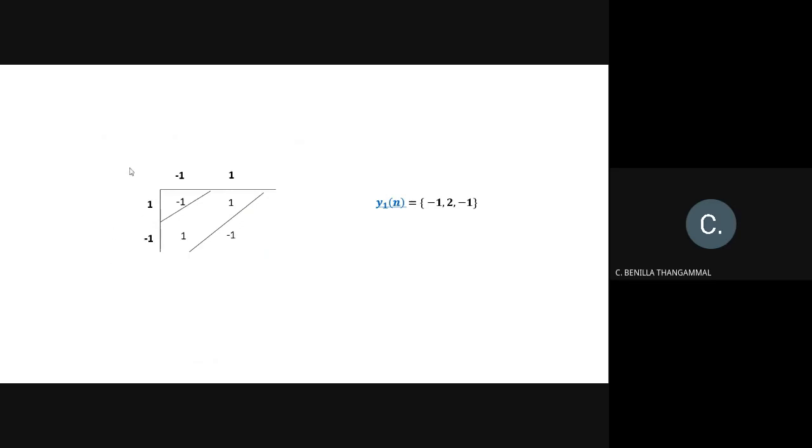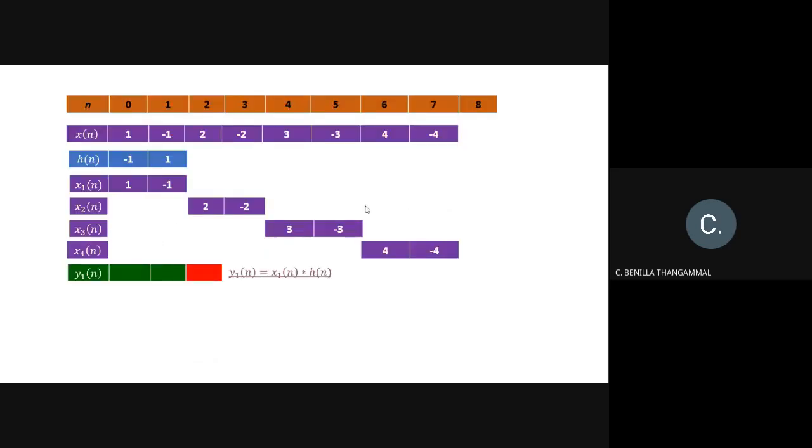I'll put these cross lines here. So this is minus 1, 1 plus 1 is 2, and then minus 1. So minus 1, 2, minus 1 is the answer here, and you have to place it accordingly.